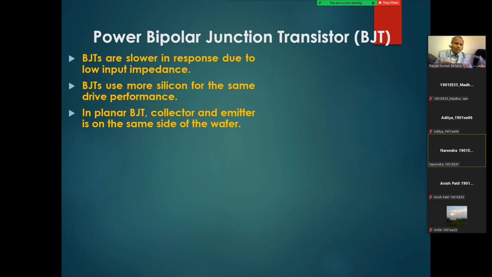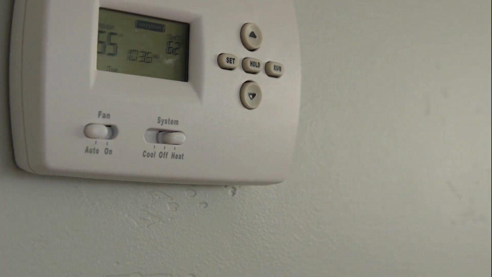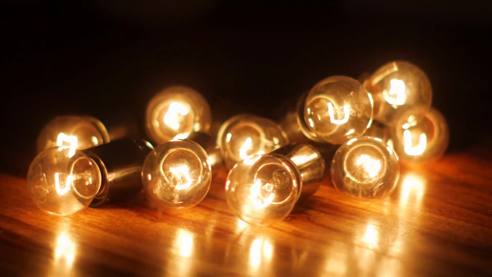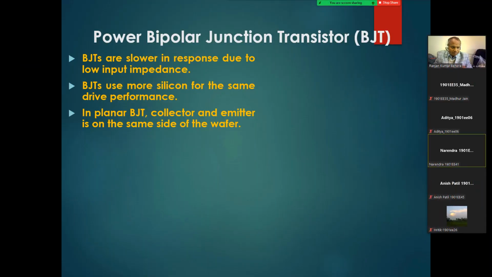But now if in your house you have a pump, and you suddenly turn it on, you will see that your light will dim for a little time, and then it becomes normal again. What do you mean by that? When you turn on the pump, it draws a large amount of current, and the voltage is fixed at 230 volt. When you draw a large amount of current, the voltage automatically comes down, which affects your other equipment. That is called voltage sag. For a little time the voltage comes down, and again it becomes normal.